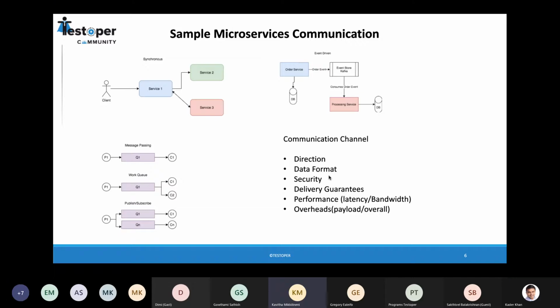And the data format. Whether you're passing huge data or limited data, or whether it is JSON or whatever it is, we'll have to take that also into consideration. And the security aspect. Security by default is needed, because when we are talking to something outside your service, you will have to ensure that the security is maintained. Either it can be simple token based or anything, but that also has to be considered.